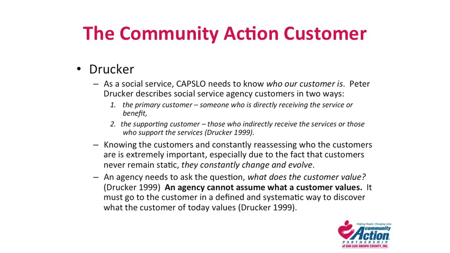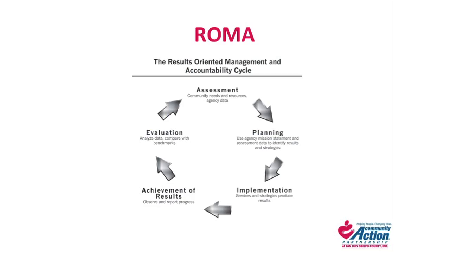So when we do this, we look at assessing. We all do assessments. We know we have to do the assessment, our community action plan, every 2 years. So we go out there and present this plan, and we use the ROMA cycle to do this. We assess, we plan, we implement, we look at our achievement or our results, and then we evaluate those results and we reassess. So Drucker also tells us that we really need to be focused on doing this constantly